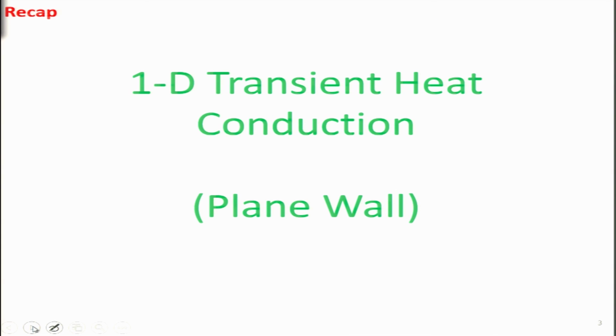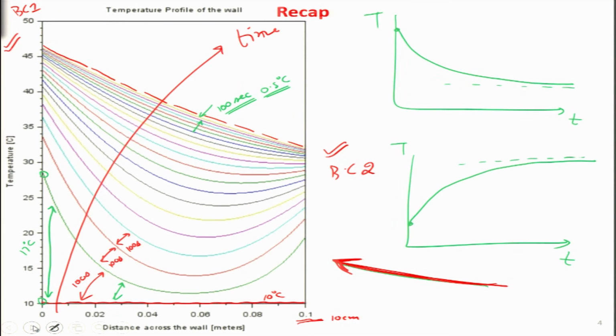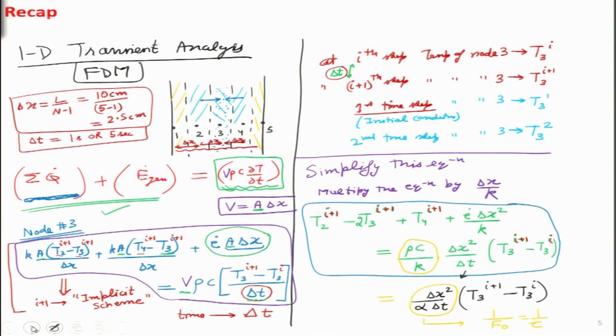So in that method we had completed the matrix formation of 1D steady state and we had started for 1D transient heat conduction, and this is the typical result that we obtain for transient heat conduction inside a plane wall. So we are assuming one dimensional heat conduction taking place and as shown by this red arrow over here, this progression of this red arrow actually indicates the increase in time. So our time is increasing over here and we got very good results for this particular set of exercise.